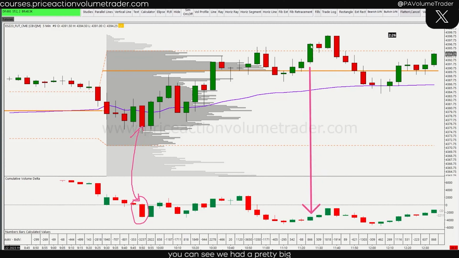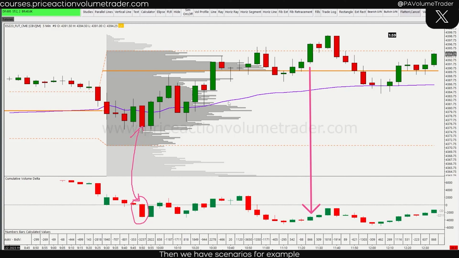Okay, for example, let's look for one, like for example right here you can see we had a pretty big green candle, but yet we had a small aggressive buying candle. So this means there was not a ton of liquidity up here, and the passive buyers were able to just clear out a lot of these price levels